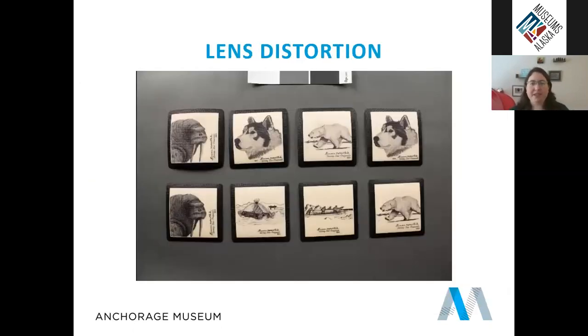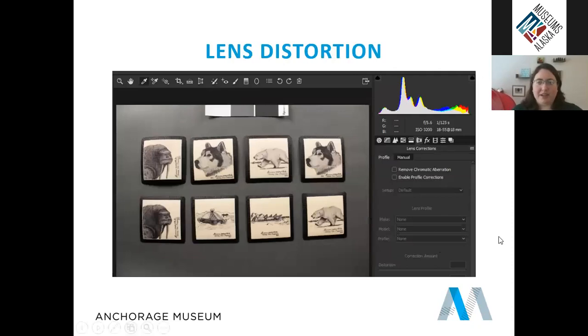So this is a photograph I just took to work on this week when I knew I'd be home. But when I was editing it, I noticed it was a really good example of lens distortion. So you can see here in the middle, and I apologize, I don't have the credit line or the accession number for this because I didn't anticipate using it in this. But in the middle here, it bows out. And to fix that, there is a setting in Adobe Bridge where you can go over here on this panel to lens correction, and